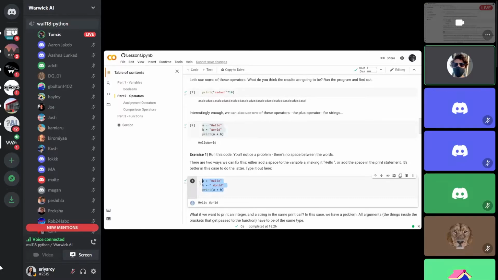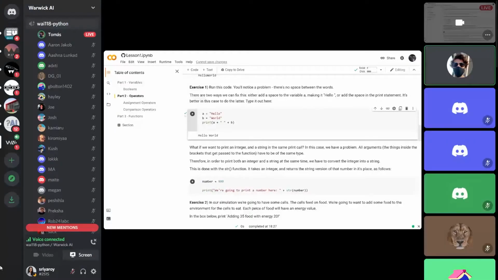But what if we want to print a string and a number at the same time? So if you're making maybe a program that calculates the sum of some numbers the user has entered, and you want to print the total. If we try to, for example, total equals 100, and your total, and if we try to add the string with the number, this won't actually work